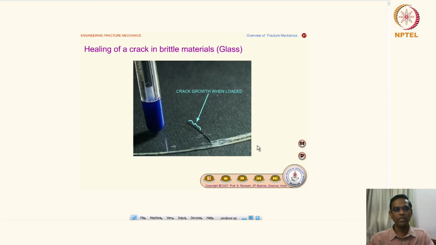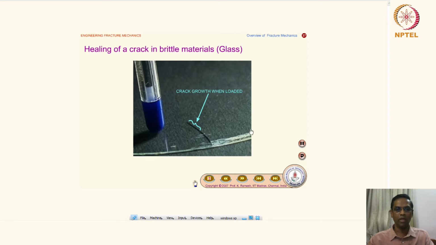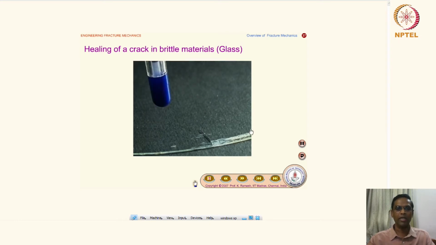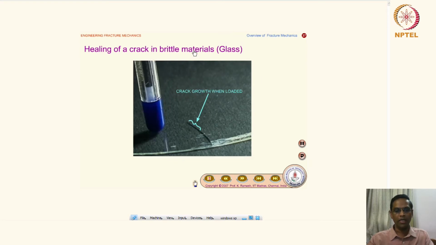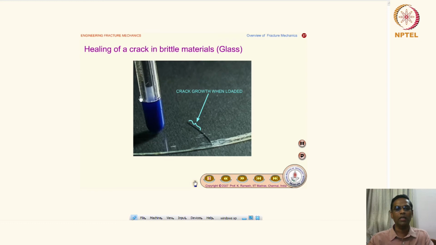But what happens is he did provide a good theory, and he coined those parameters for brittle materials like glass. Okay, so what you are now seeing is a concept called healing of crack. What is healing of crack? You see this